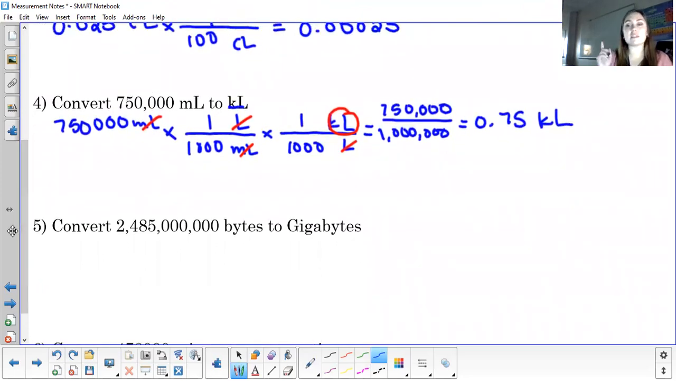All right, let's try one that's not on the blue bookmark. Here I've got 2,485,000,000